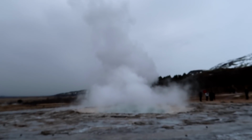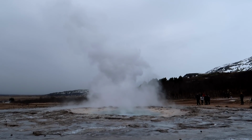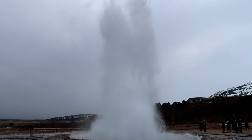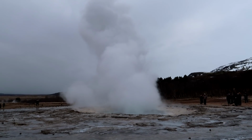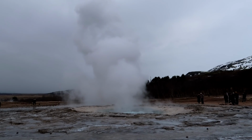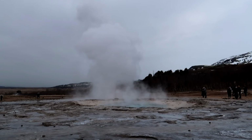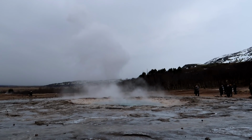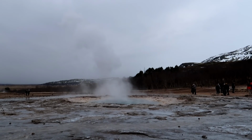Wow, incredible. Just caught the back end of that one there. Wow. Wow. Just the power of that. God, sends shivers down. We're just seeing that in person. Just the natural world. It's so fascinating, isn't it? And just to see that, it's actually much quieter than what I was expecting, but just that power,